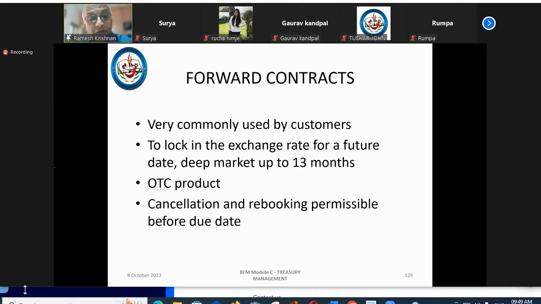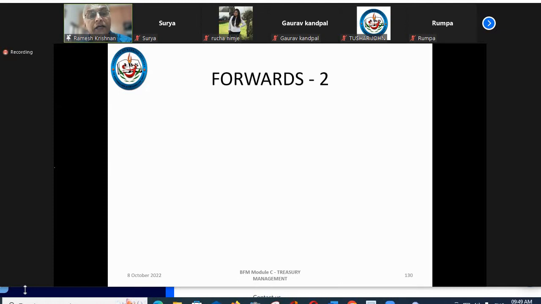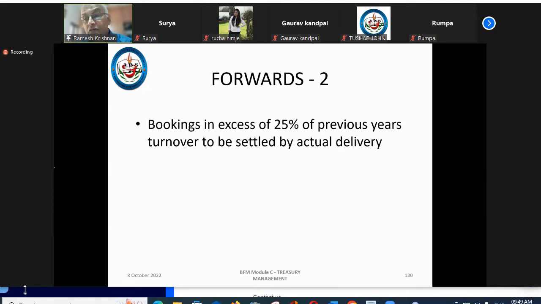Cancellation and rebooking permissible before due date. All this we will be covering in detail in a module. So I'm just brushing it for completeness of the presentation. So that is there. And then what are the underlying RBI guidelines? Forward contracts can be booked by genuine exporters and importers, but many of them do speculation also. Nothing wrong. RBI permits speculation, but bookings in excess of 25% of previous year's turnover should be settled by actual